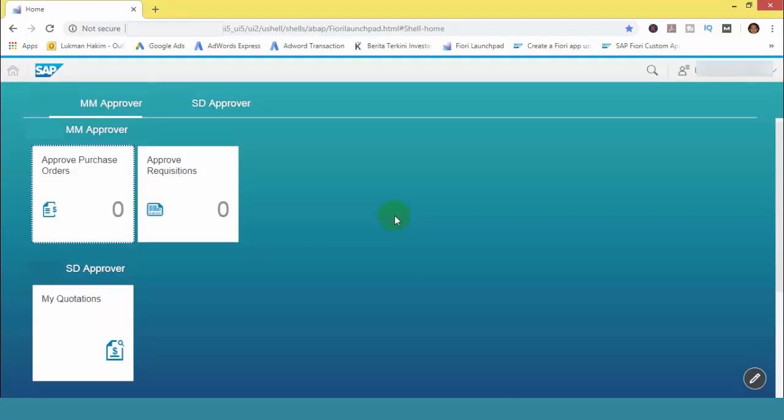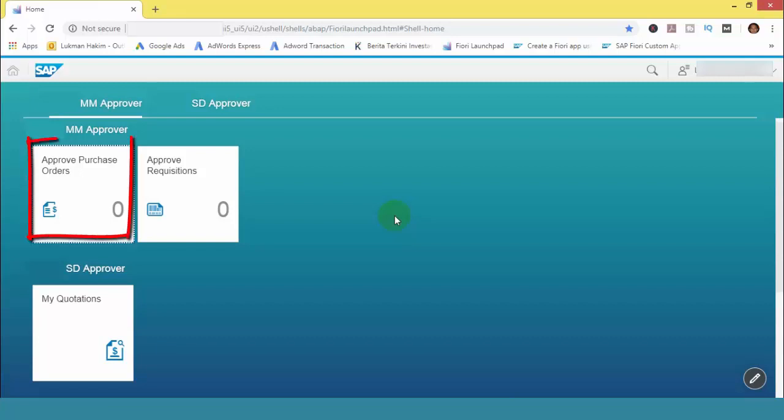Okay, we are now on the SAP Fiori Launchpad page. This Fiori Launchpad page is also a standard SAP Fiori application. It is for displaying tiles of the other SAP Fiori applications. This time, we will troubleshoot this page. But if you want to troubleshoot another Fiori application, for example, approve purchase order, you can go to the page